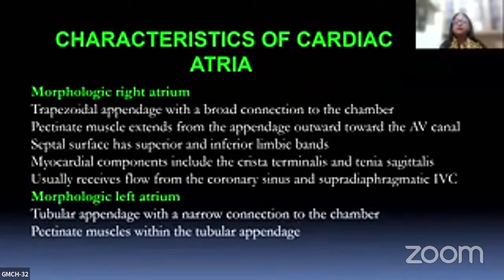There are superior and inferior limbic bands on the septal surface. There is crista terminalis, and usually the morphological right atrium receives the blood from the coronary sinus as well as the supradiaphragmatic IVC. Morphological left atrium has a tubular appendage with a narrow connection to the chamber, and there are pectinate muscles